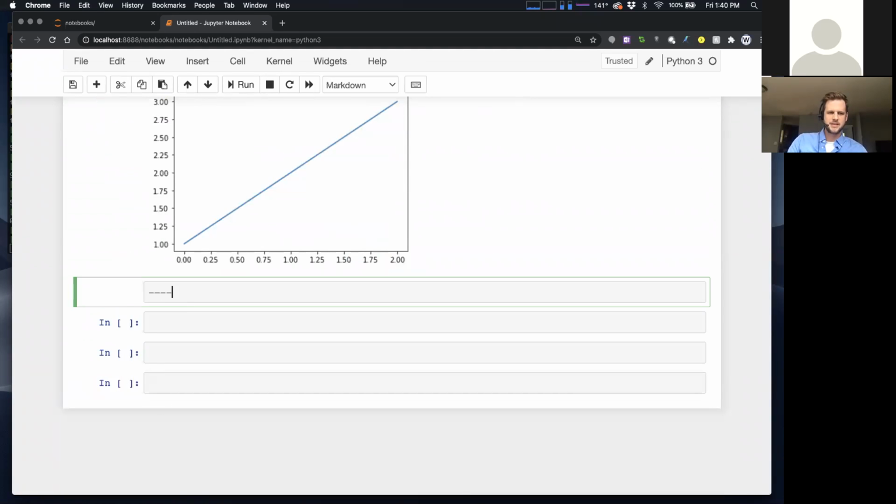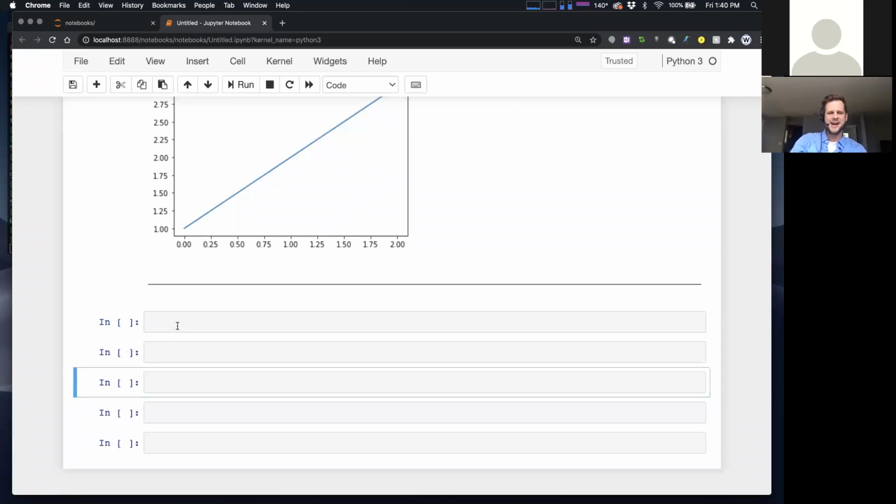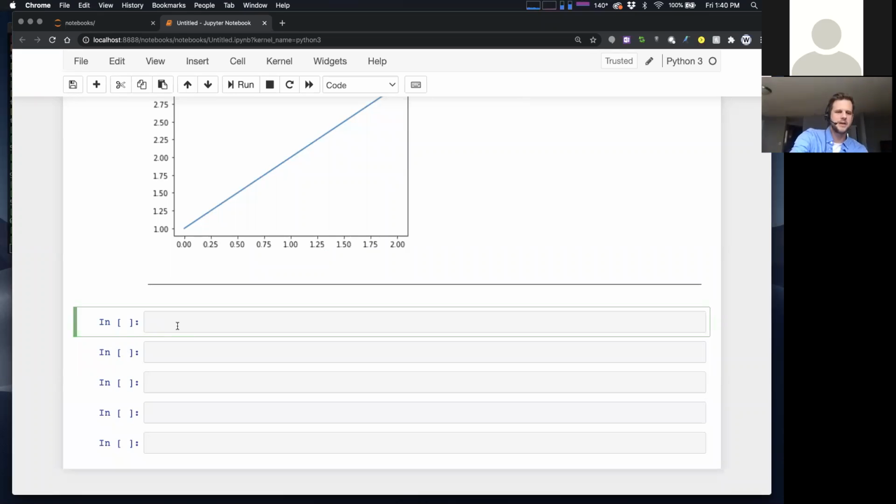Hopefully that makes sense. The other magic function I wanted to show you was this great magic function called timeit. So let me show you the deal. Let's say that we have some slow function or some function that we're interested in the speed of. And this will happen on the programming challenge because your code will time out if it's too slow. So you do have to pay attention to speed. That's a big theme in computer vision. It's one thing to solve a problem, but to solve it with an algorithm that's fast enough can also be a challenge.